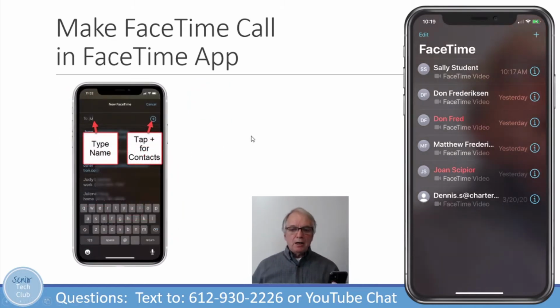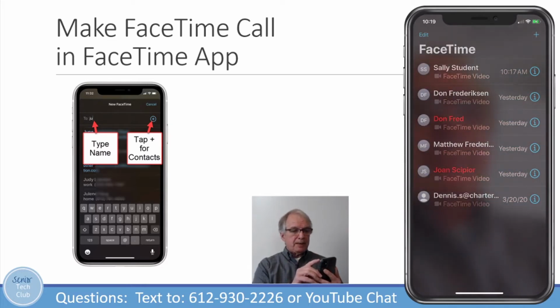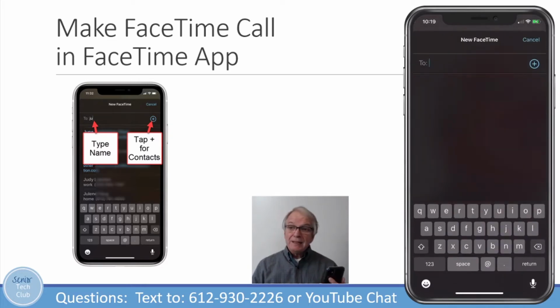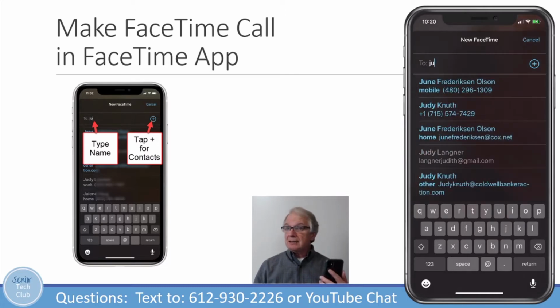If you come in to the FaceTime app and the person that you want to do a FaceTime with isn't on that FaceTime log, then what you are going to do is tap on the plus sign that is up in the upper right hand corner. So you tap plus, right? And at this particular point, you have a couple of options. One option is to just start typing. I'm going to type JU because I have some people in my contacts list that we can do FaceTime